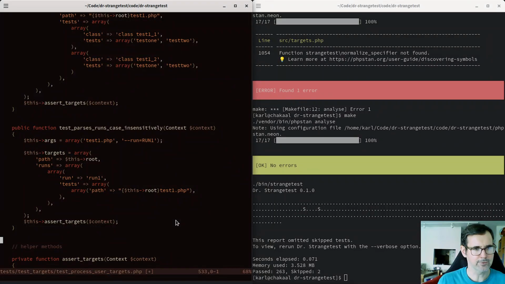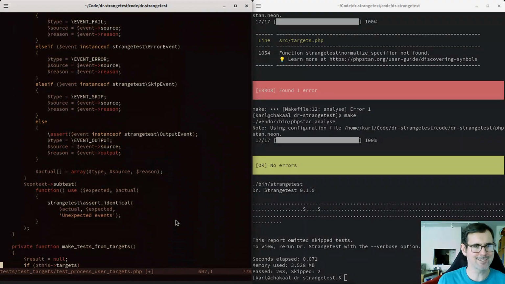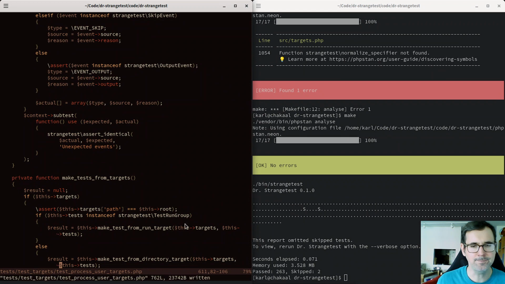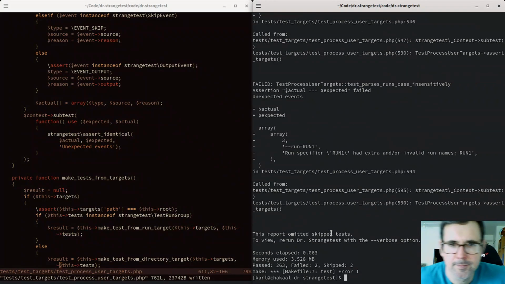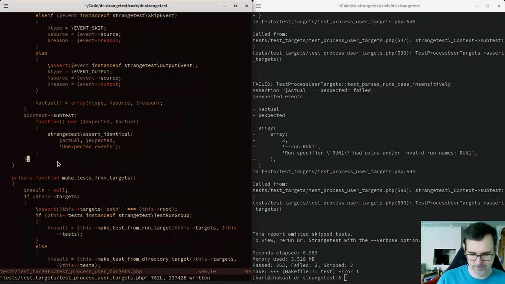I guess we can delete some of those empty lines there. Okay, so